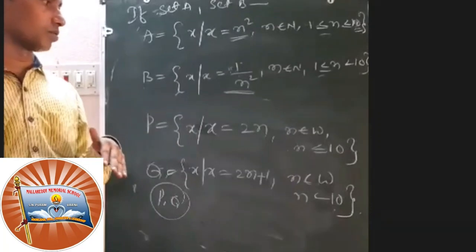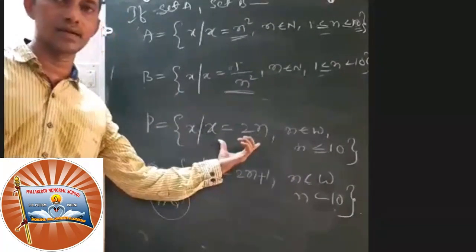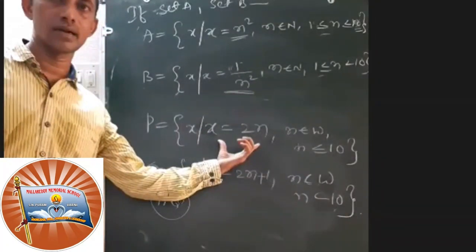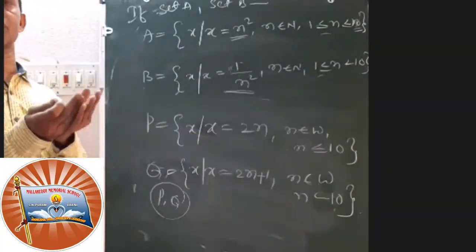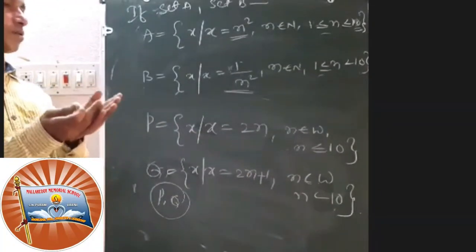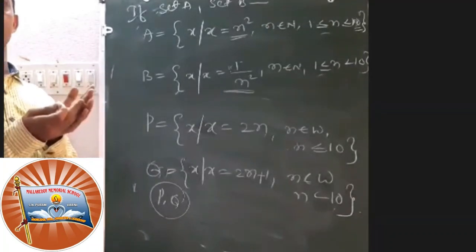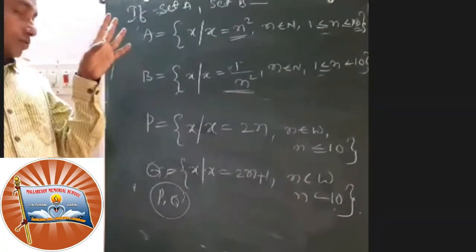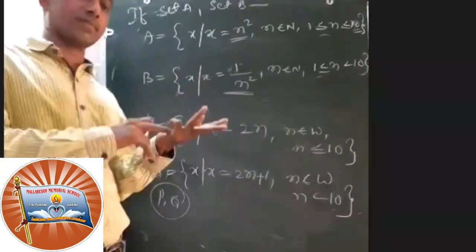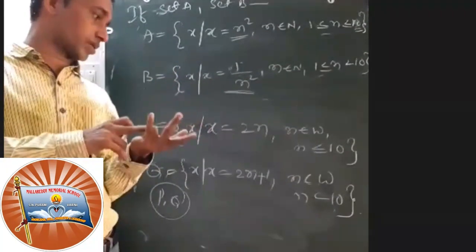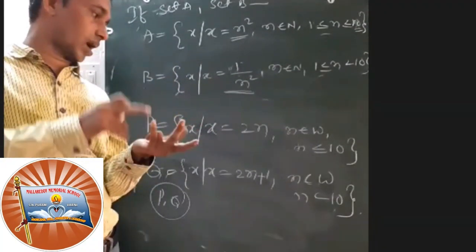Further, you have to convert the given set into roster form. Then you have to relate it to the question, what kind of question they have asked. So to draw the Venn diagram, or to solve the problem, to find the operations of A minus B, A union B, A intersection B also. These kinds of questions may come across.